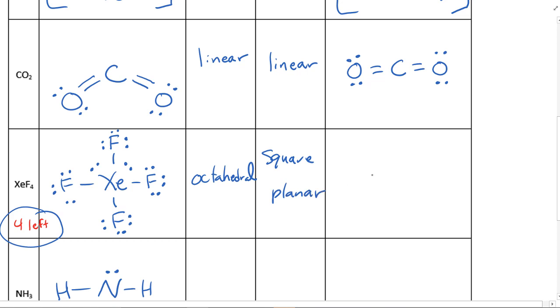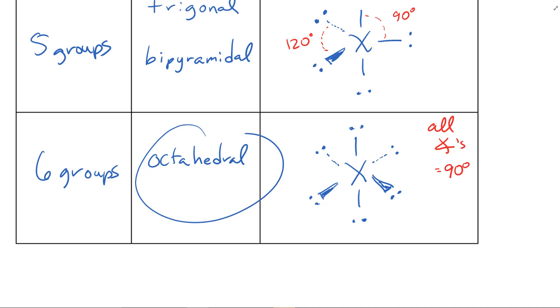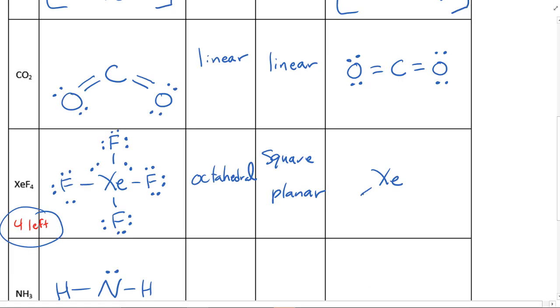Now the way that we draw that is like this. We put the xenon in the center, and now if you think about how we drew this out, we show the two of them that are being projected outward, and we want to show the two of them that are being projected backwards into the paper. So we show the two atoms being projected outward. So we'll project these out to the fluorines. Then we'll have two fluorines that are being projected back into